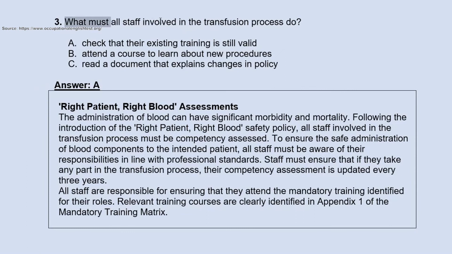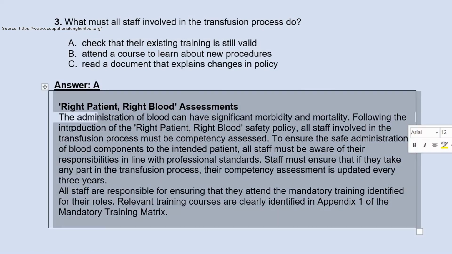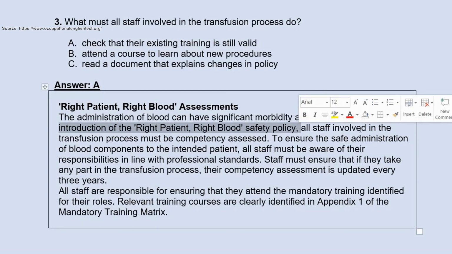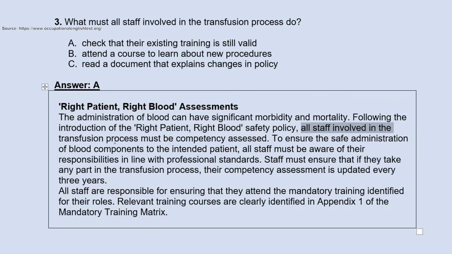Question number 3. What must all staff involved in this transfusion process do? Option A, check that their existing training is still valid. As we go through the paragraph, we can read, following the introduction of right patient and right blood safety policy, all staff involved in the transfusion process must be competency assessed. When we read further, we can find staff must ensure that if they take any part in the transfusion process,